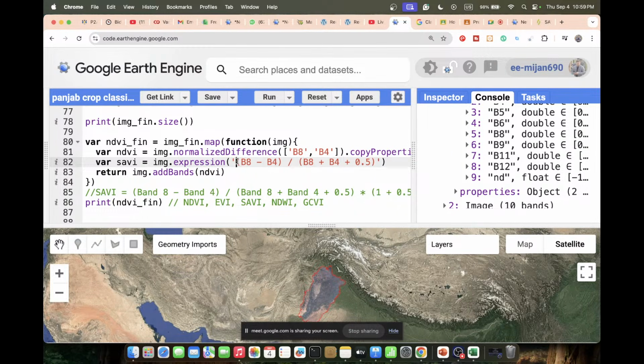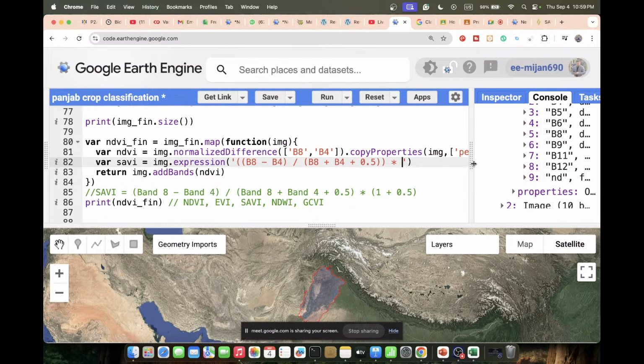So for that, simply use parenthesis here, also close this parenthesis, and then multiply this value by 1 plus